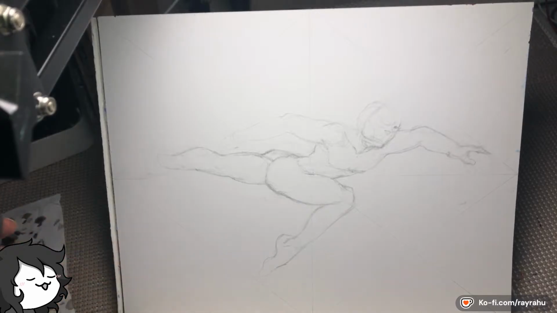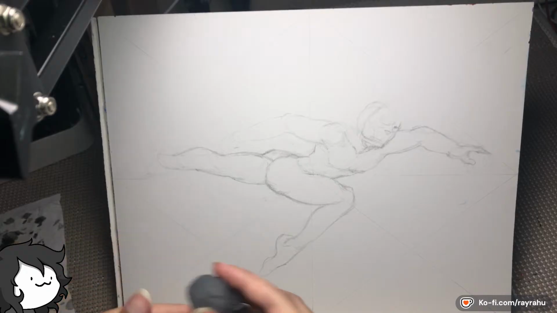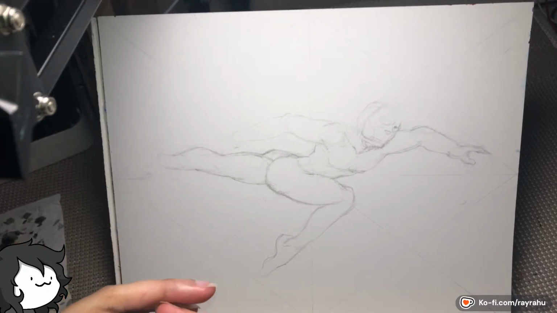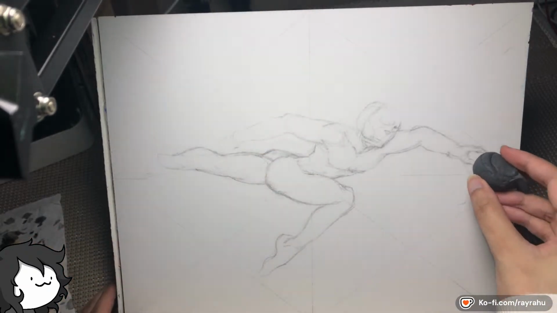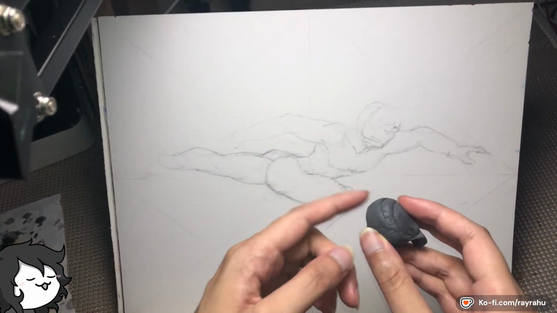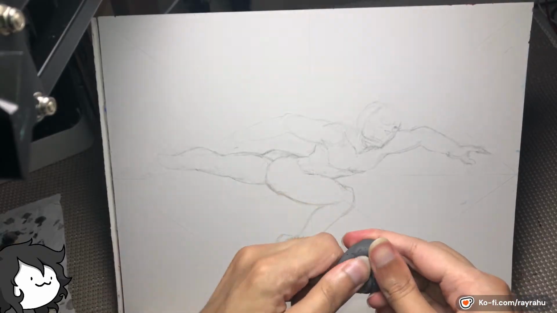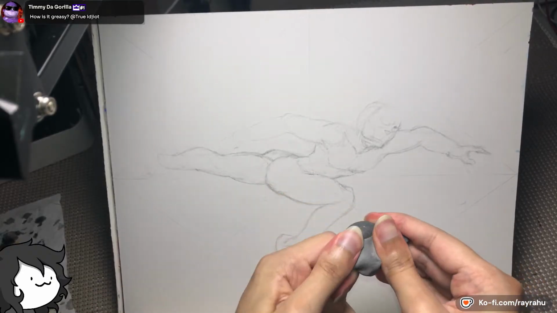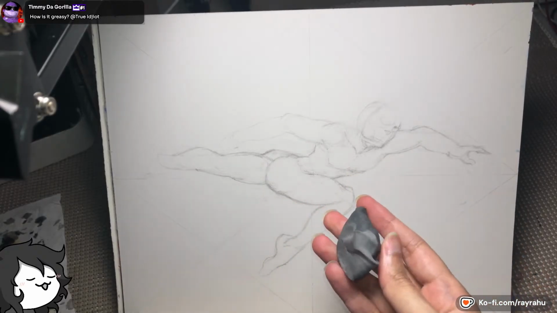It's a kneaded eraser, so you can, okay, say that I use it to erase something and then it got dirty. What you would do is you just go like this and it will self-clean, kind of.